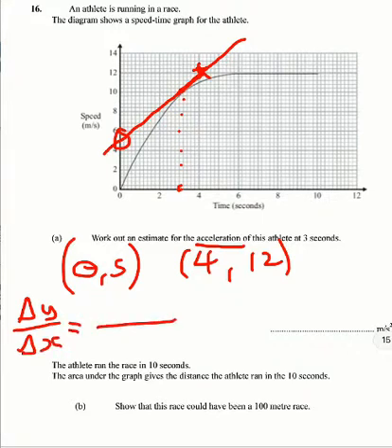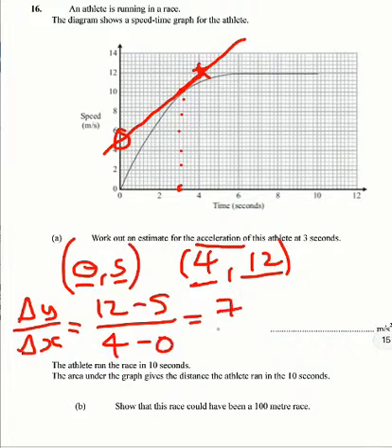So I'm going to do 12 subtract 5 on the numerator and 4 subtract 0 on the denominator, and that will give me 7 over 4, which will give us an estimate for the acceleration of this athlete at 3 seconds. So we'd say 7 over 4, you could potentially do this as 1 3/4